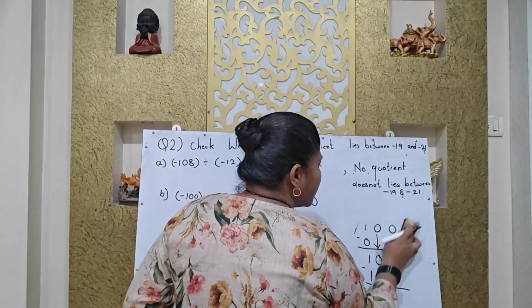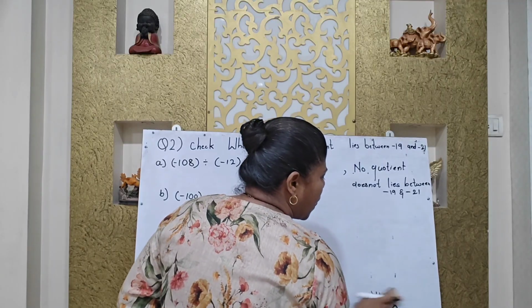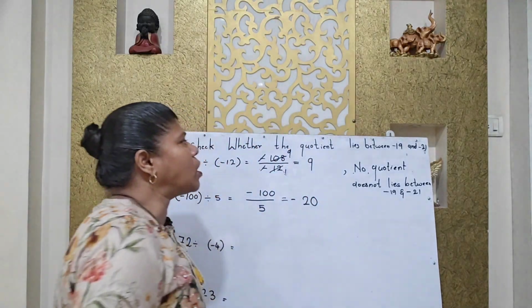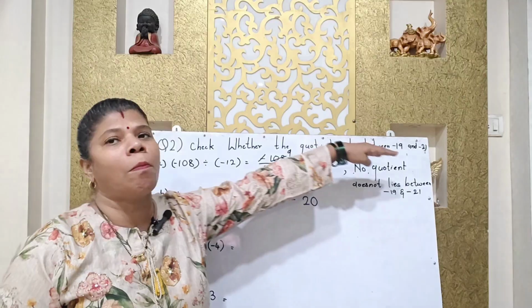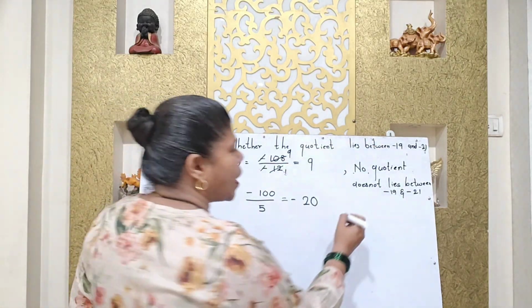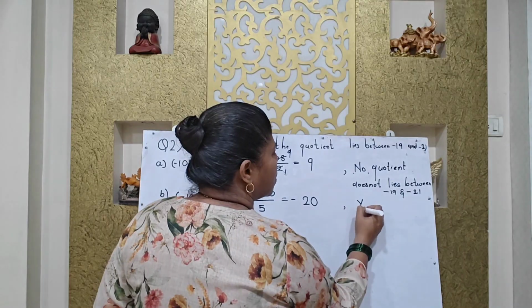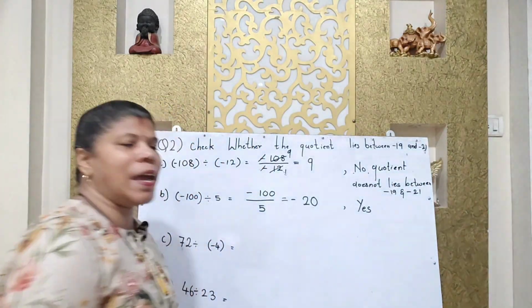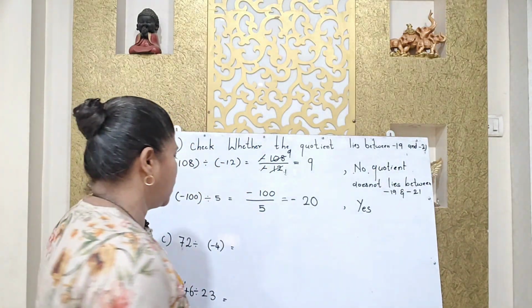Now see, what is the question? In question they had asked us कि आपका जो नंबर है, जो आपका क्वोशिएंट है, वो -19 और -21 के बीच में लाई कर रहा है क्या? तो yes, the number lies between -19 and -21. Next,